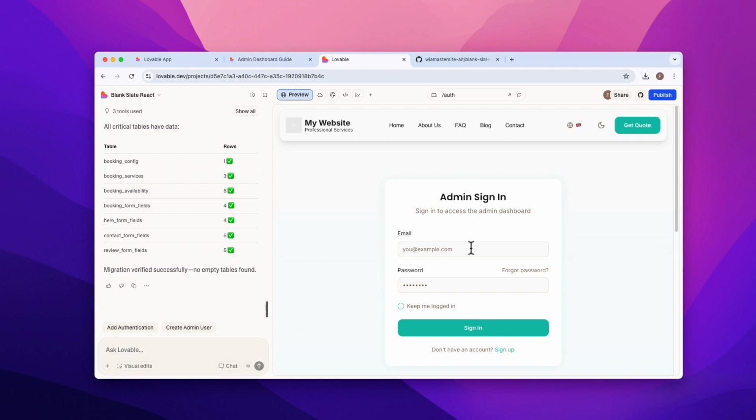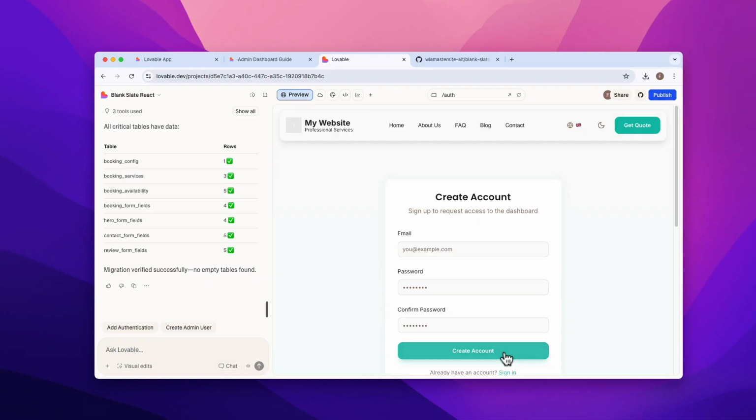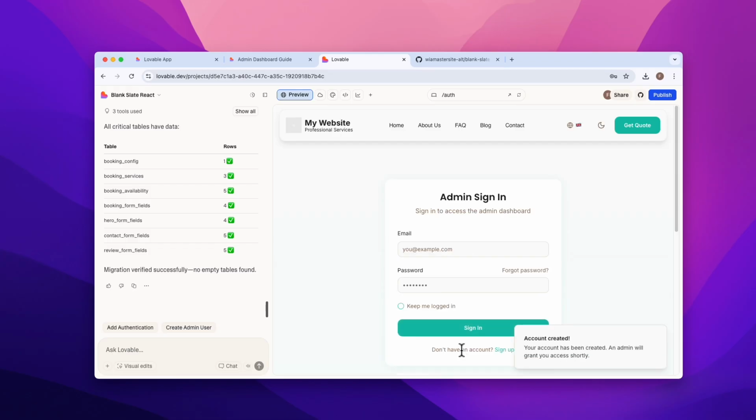Then I can't sign in as yet because I'm not even an admin. I will need to sign up. The link's below. Click on it. Enter my email. Enter my password twice and click create account. Account has been created,